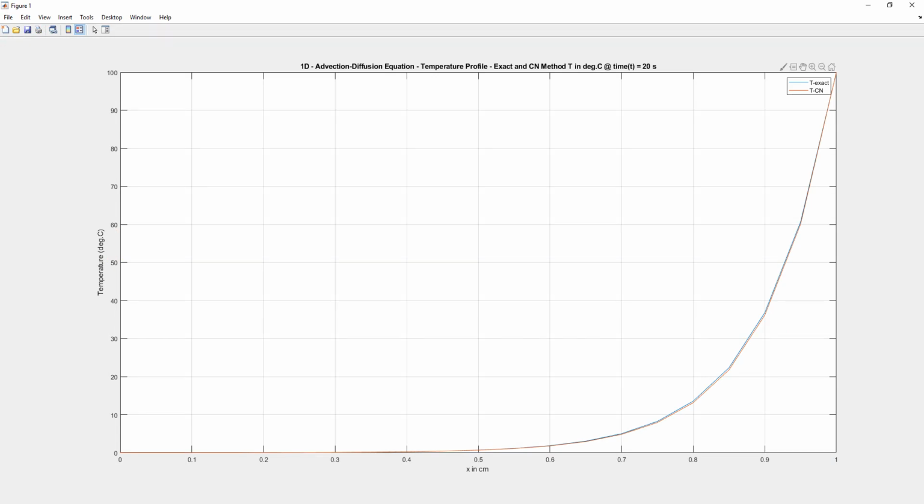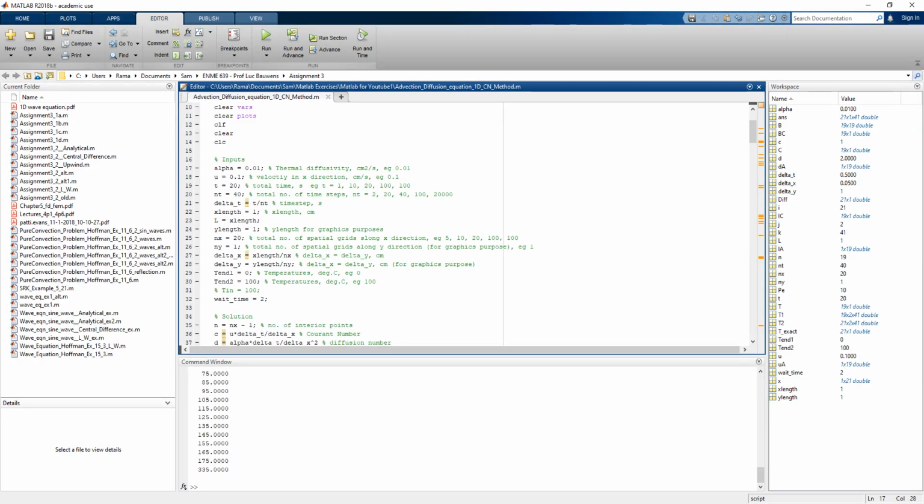Now these two curves are pretty close, although you can see some gaps. So we still have some more opportunity to refine these